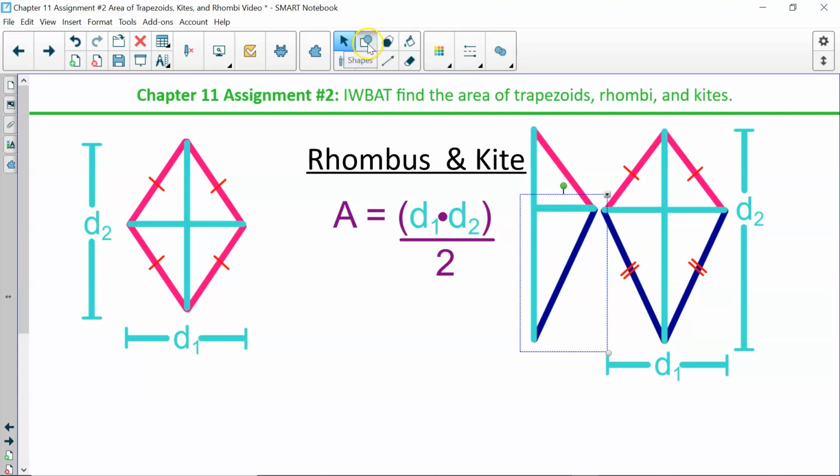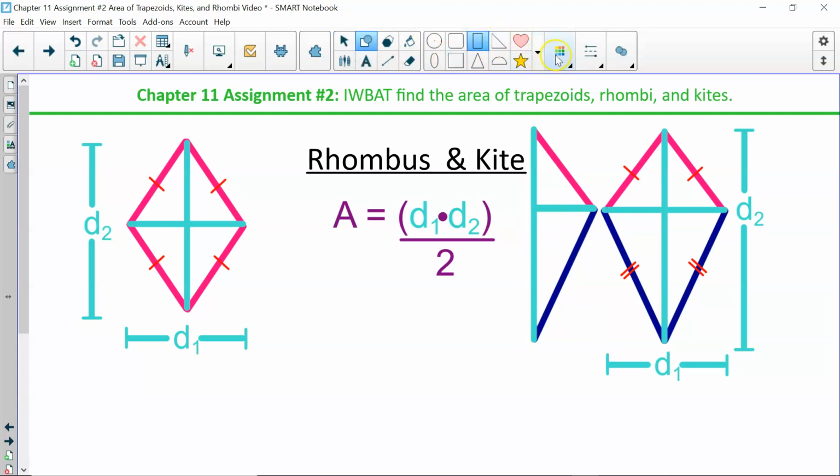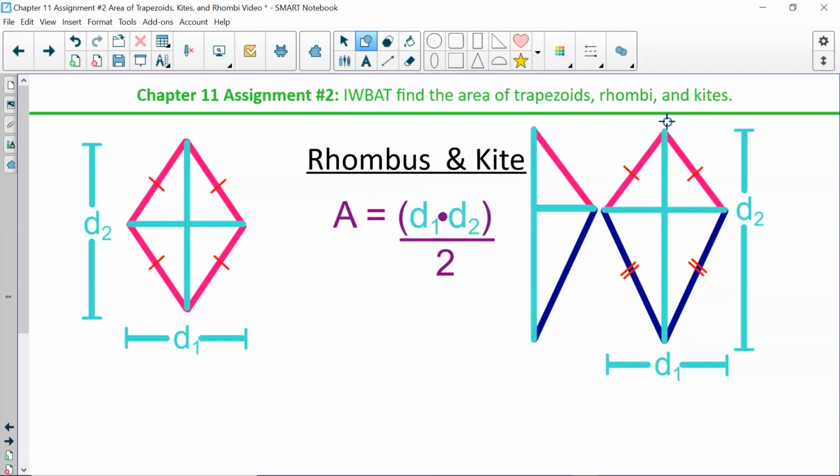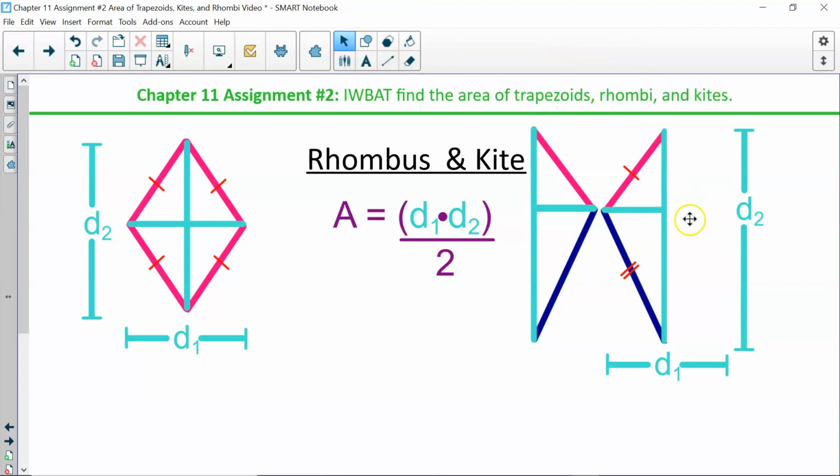Now let's erase this right-hand half of my kite. Now it looks like a butterfly, but I have now the right-hand side over to